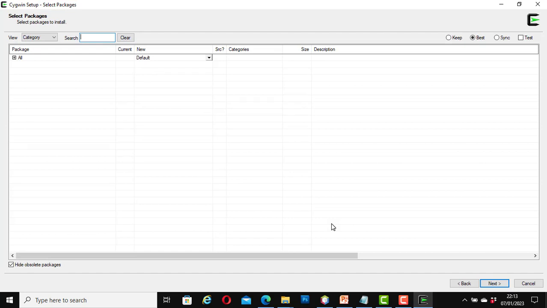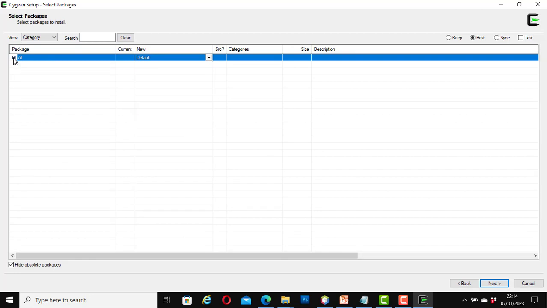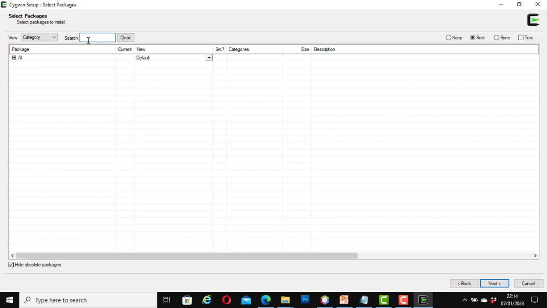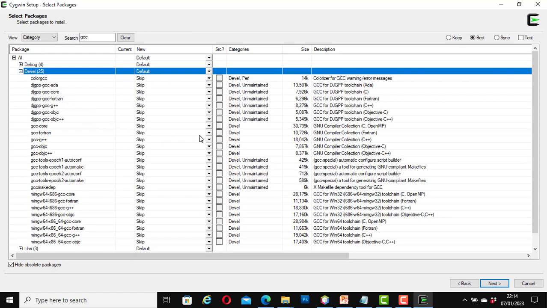Great. This page will open. We have some selections to make in here. Here it shows package all. You can click on it to see all. So there are many. I'm going to collapse it. Now I will type in here GCC and click all. And this one here that says devel, click on it. Here, let's click the GCC-G++,